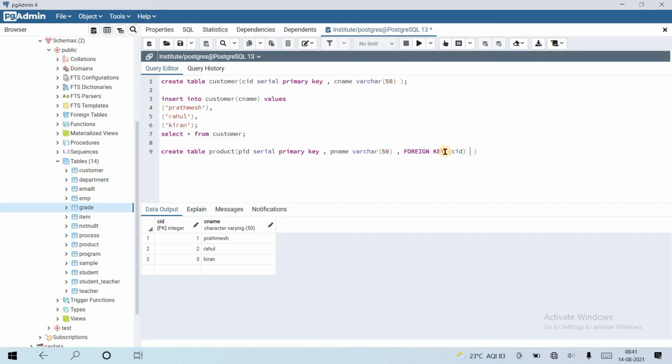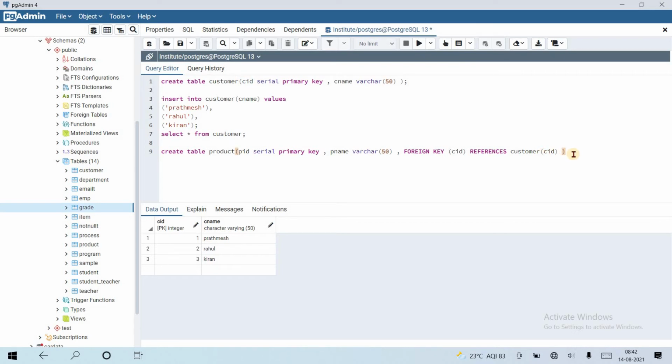After that, references to the child table, which is the above table, the customer table, and inside it the column name of the customer table that we want to reference, CID.